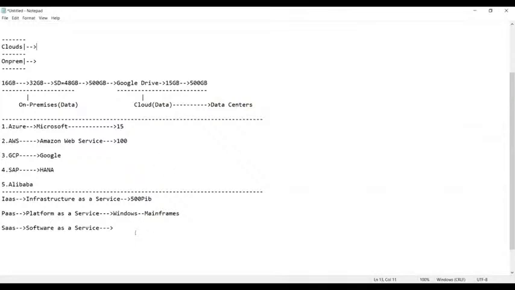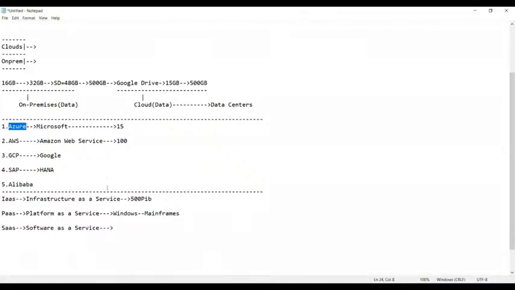So whenever you require some software or some applications to be installed on your PC, that comes under software as a service. Software as a service. So we simply need to inform our cloud provider to install this or to make it available for you. License and everything is the responsibility of Azure only. That is not our responsibility.